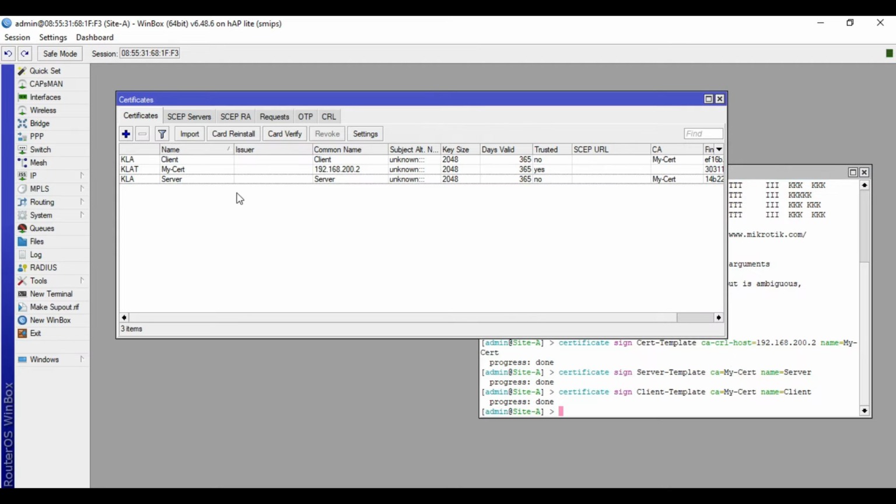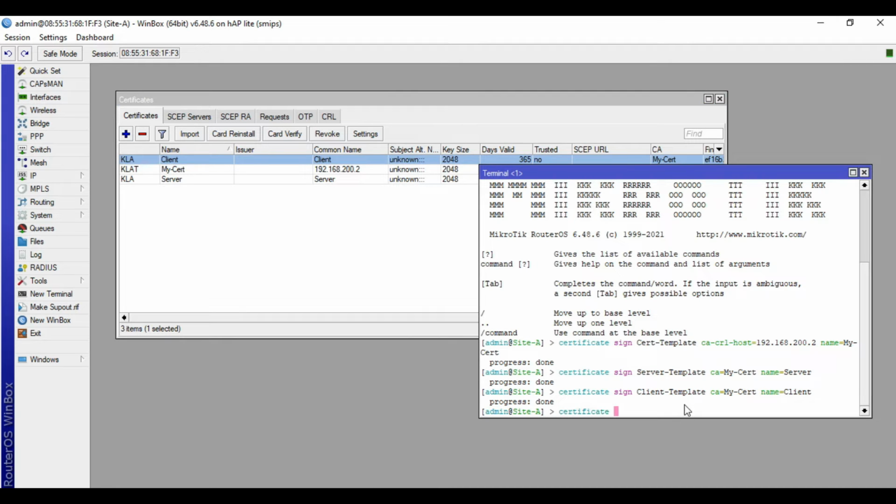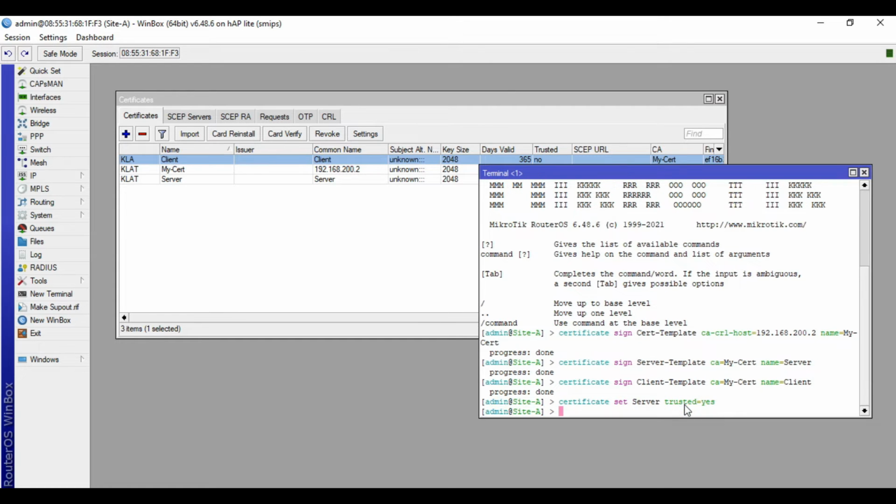So as what you can see, the client template name has been changed to client, and it has a flag beside. So in order for the server certificate and client certificate to have a trusted flag, you need to input these commands. Certificate, set, input the certificate name, server, trusted equals yes, press enter.